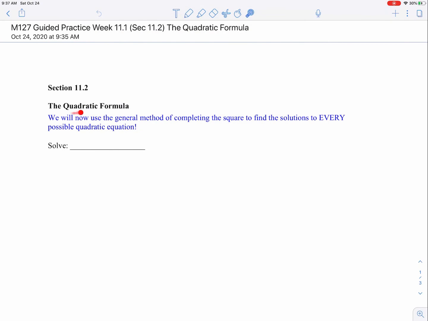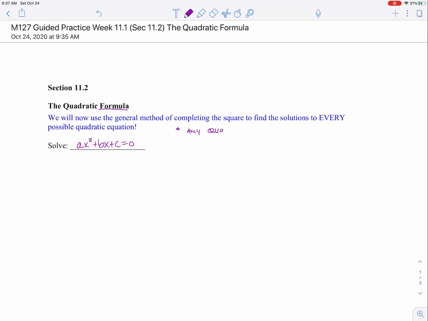It says, for the quadratic formula, we will now use the general method of completing the square to find the solution to every possible quadratic equation. We're going to solve ax squared plus bx plus c equals 0 without knowing what a, b, and c are. We're going to find a general formula for what the answer is. So what does this mean? If we can do this,